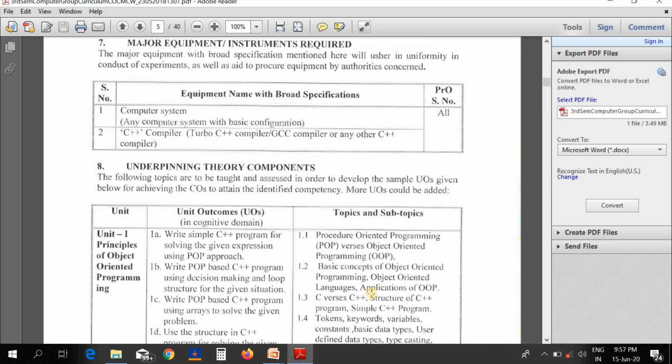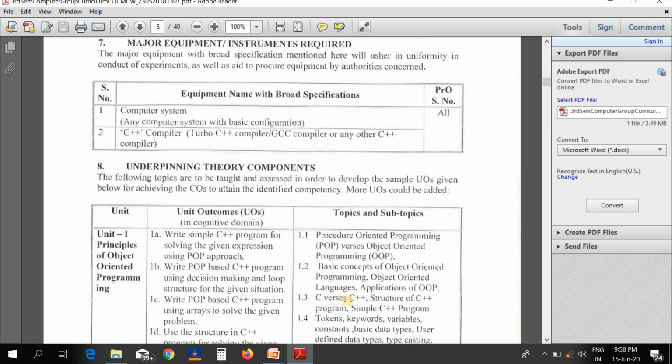The next point is the applications of OOP. There are different applications of OOP where OOP, meaning the C++ language, is actually used. For example, OOP is used for designing the user interface in popular applications, or while developing computer games or in virtual reality.